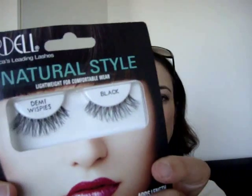I finished up a packet of my favourite false eyelashes. These are the Ardell Demi Wispies, natural style. No point showing you an empty packet, so I'll just show you what they look like normally. They give a really nice, natural, feminine, fluttery lash effect that I really like. So love these. Again, I go through them all the time because they're my favourites, and I will continue to